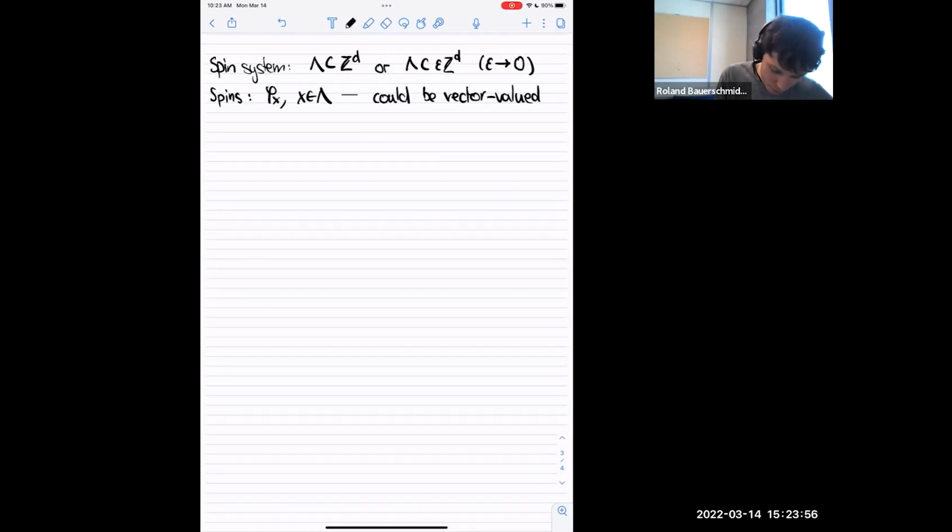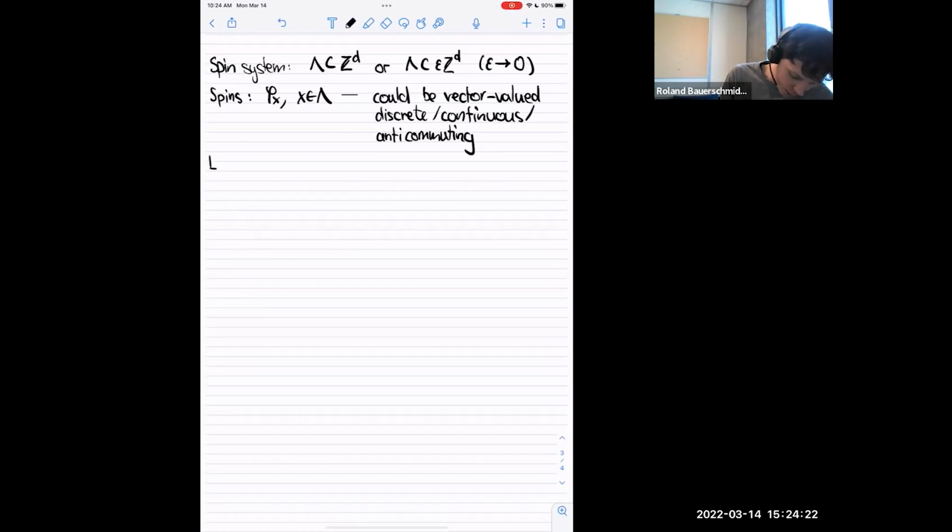Its components could be, as I said, discrete, continuous, and/or anti-commuting, and I'll say more about this later. So this is what I would be calling a spin. And then there is some kind of a statistical average associated to a spin system.